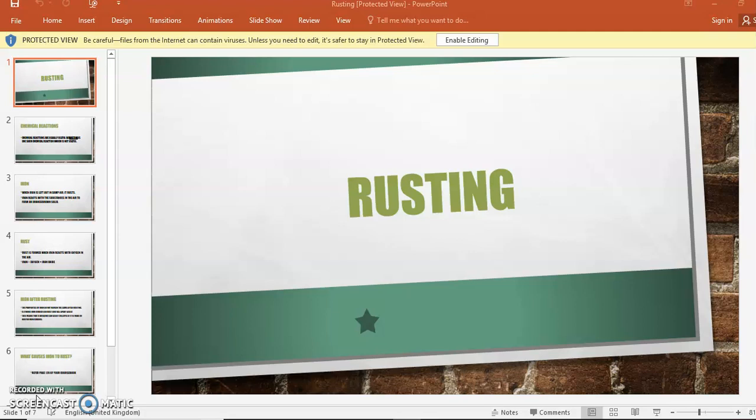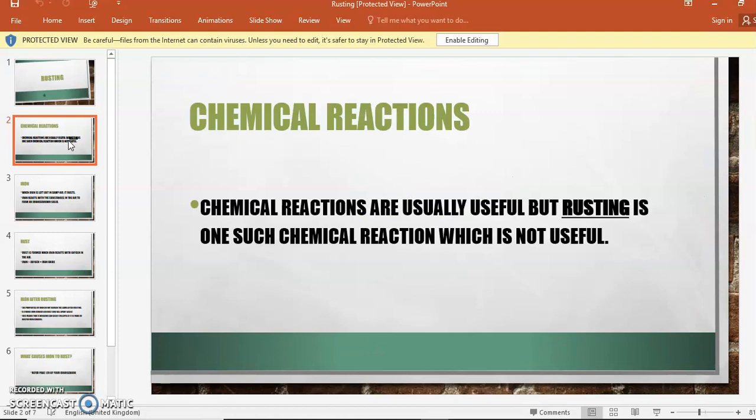What is rusting? For this, chemical reactions. The chemical reactions we have studied earlier are usually all useful. But rusting is also a chemical reaction, but it is considered to be not at all useful in your life. Rusting is one such chemical reaction which is not useful. Okay. Now see,